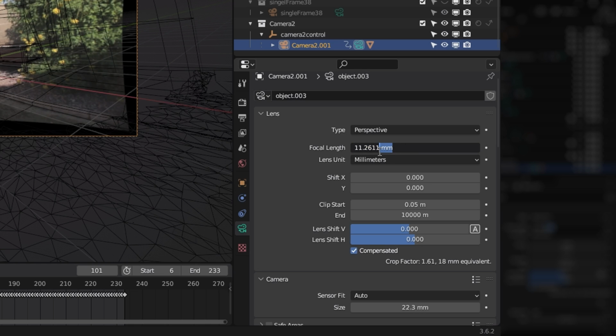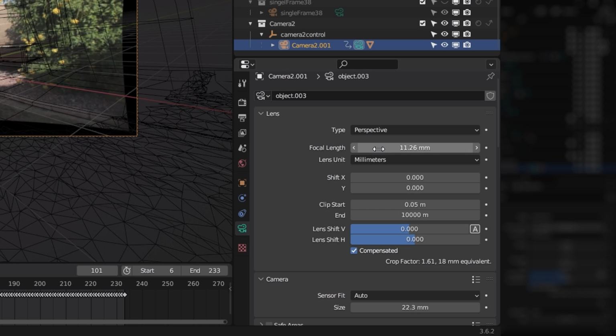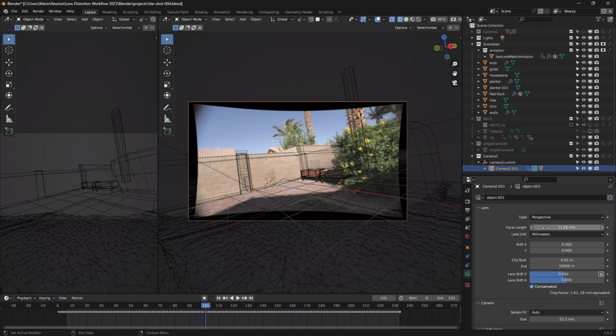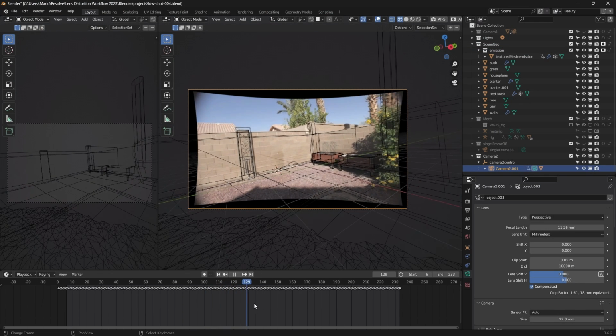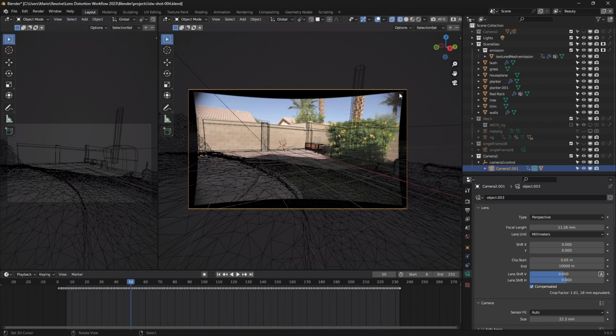So I believe it was like times 1.3 or something like that. So you could literally just do it in here just in case you're not able to do it in whatever application you were in. So see, works just exactly the same. Most of the techniques I'm showing here are pretty software agnostic. So yeah, I have the corrected focal length camera in here,